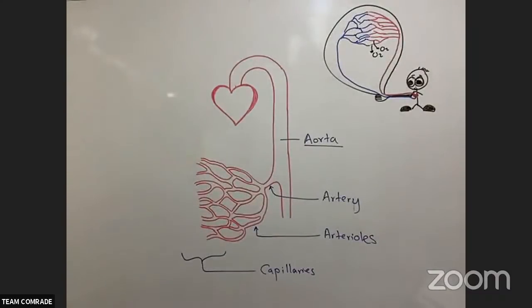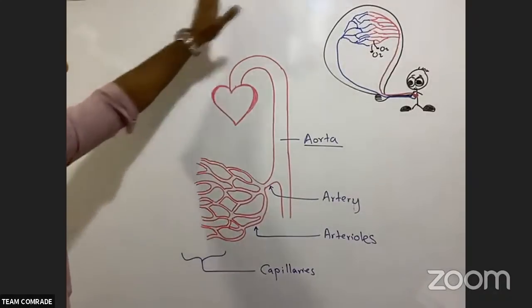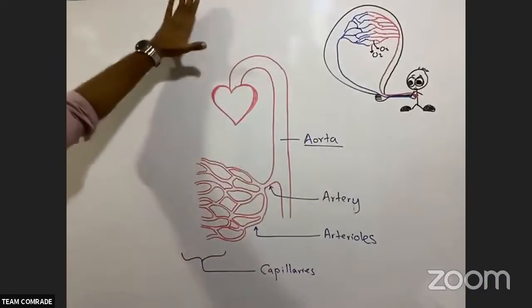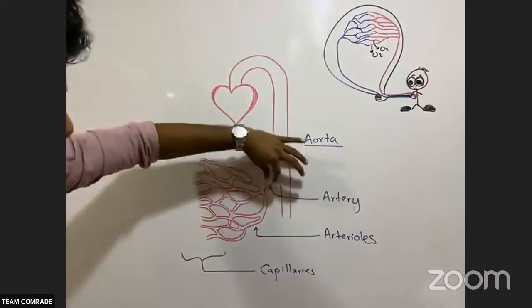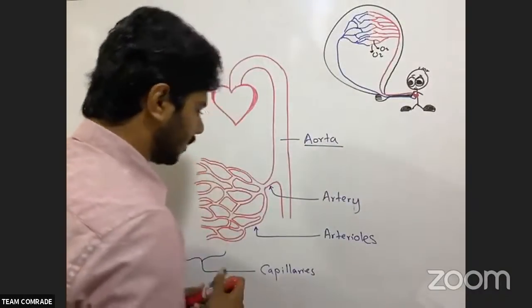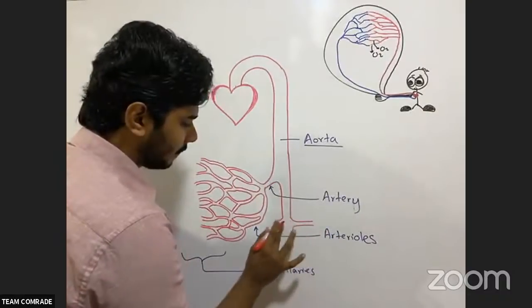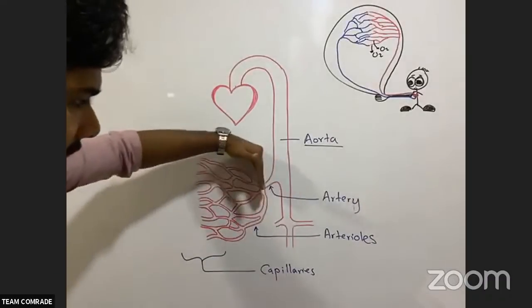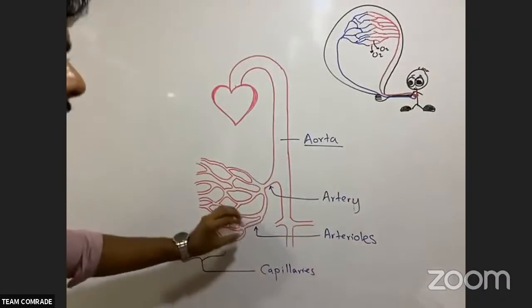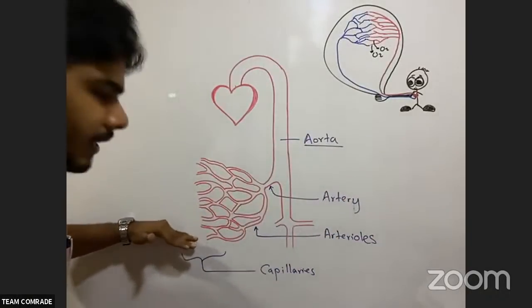Is it clear? So that is what I'm drawing here. From the heart to all over the body, from upside and bottom side, wherever. First of all, that is going into artery, the big tube, the big PVC tube, and that is going into several small PVC tubes according to the places. When it is kidney, that is for kidney, and according to the place that is going. Now what's happening after the arteries? They're converting into arterioles. Arterioles are a bit smaller than that. Then they go into the capillaries.